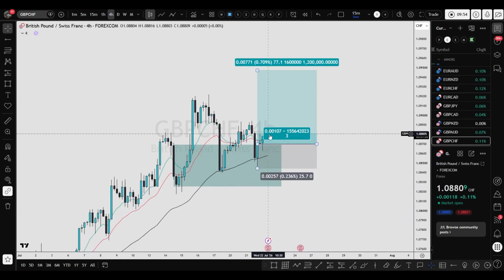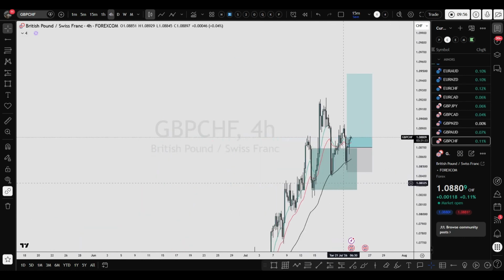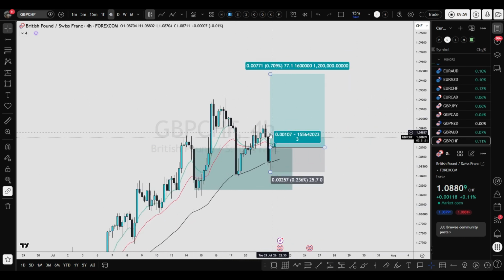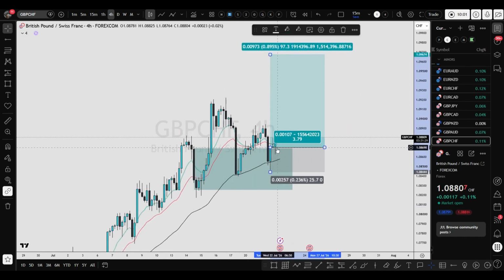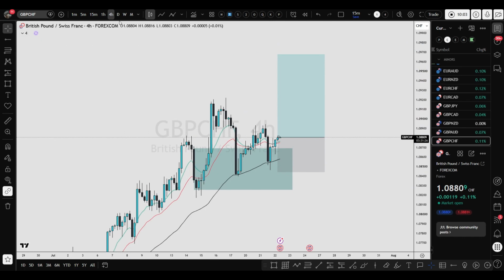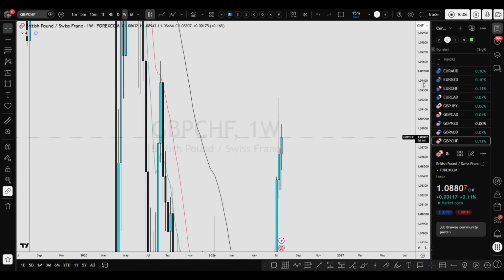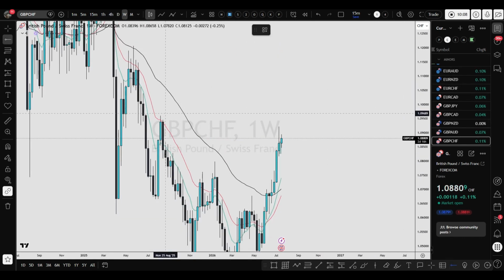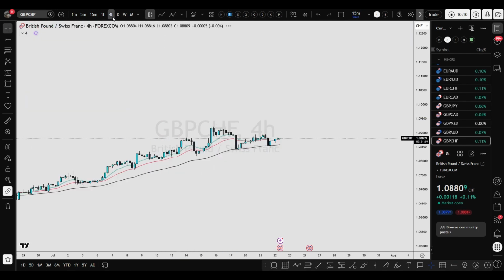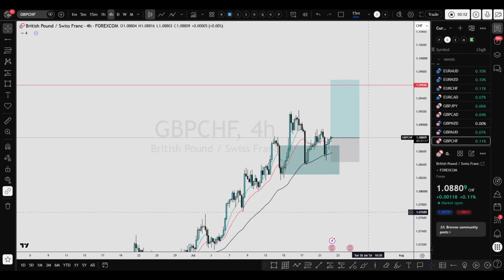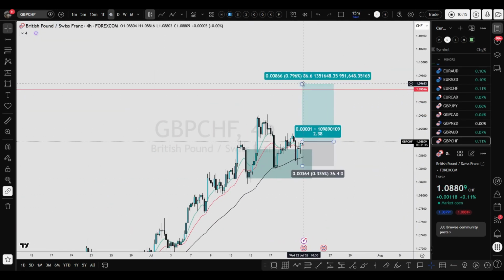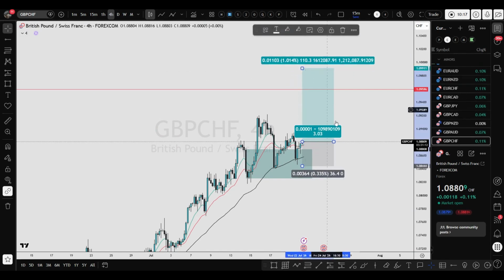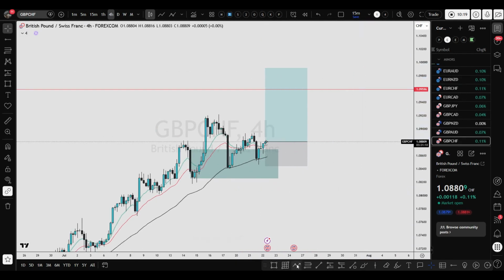But for now, if I get in at current price, I'm not getting a good risk reward ratio. To get a good risk reward ratio, I need to extend my take profit way higher. Let's see if I'm targeting too much or not. Yeah, to get a 1 is to 3 reward ratio, we need to target for way beyond this level. So it is not making any sense. It's highly possible that we're going to see a move and then a good correction. So I'm just going to ignore it.